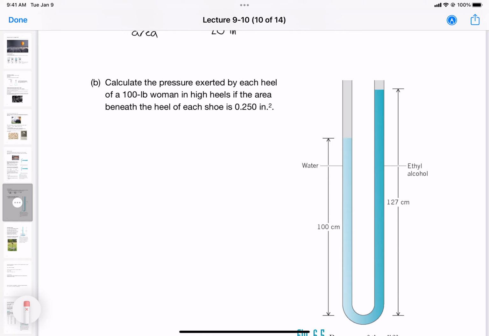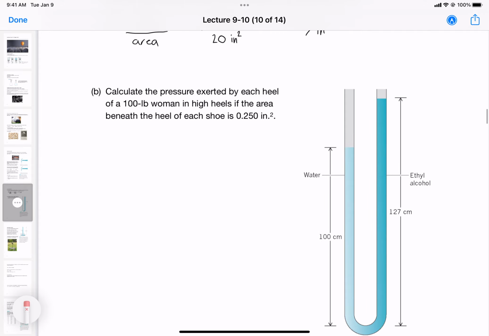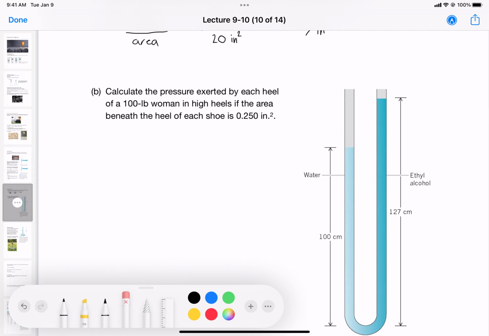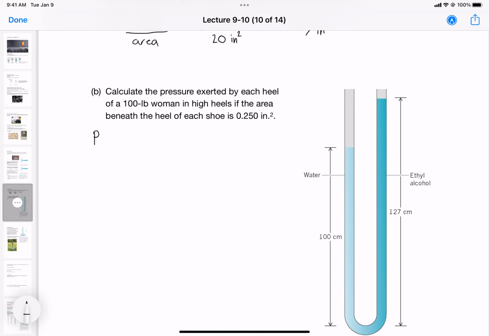So we're going to say that the pressure equals force over area, and in this case, the force is going to be 25 pounds. And the area is going to be